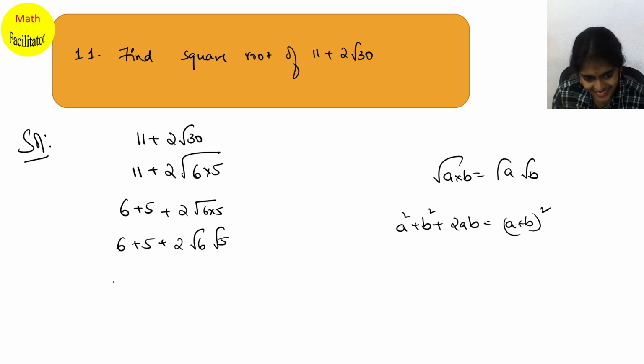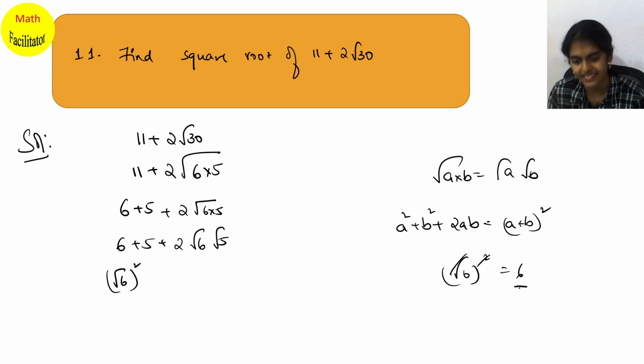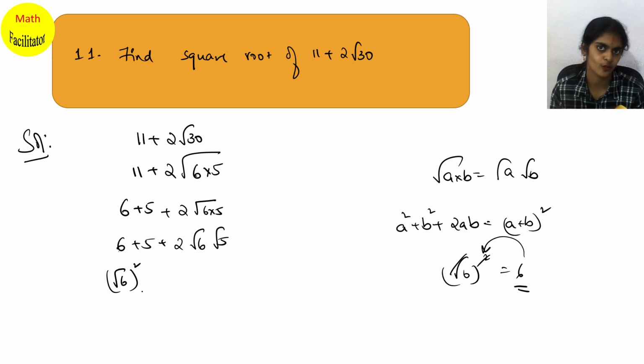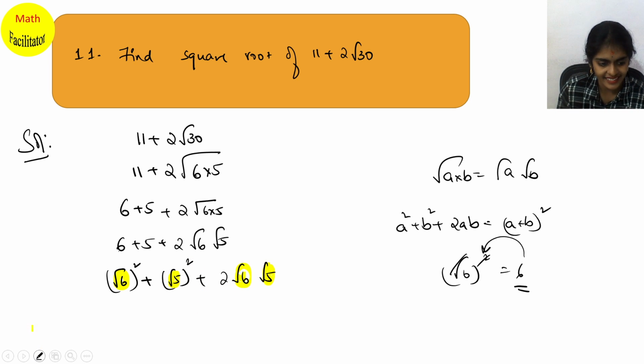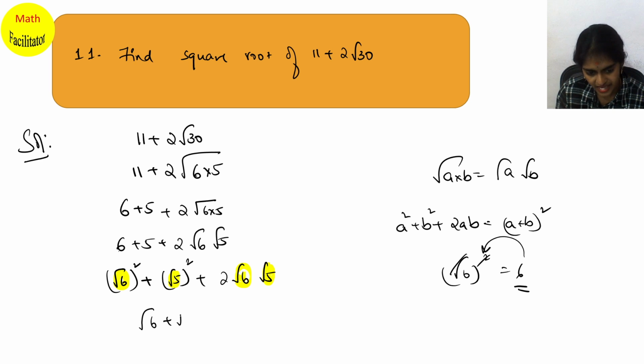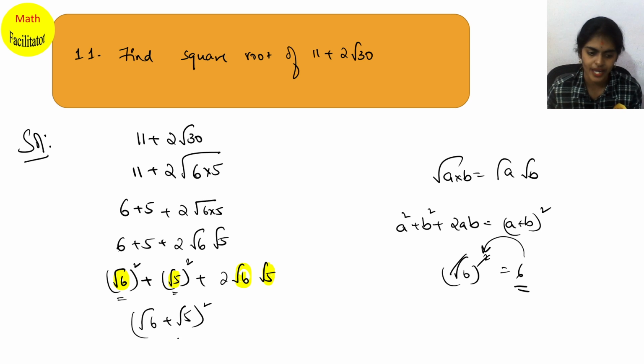See, root 6 whole square. Can I write 6 as root 6 whole square? What is root 6 whole square? It is nothing but 6 again. So 6 I can write as root 6 whole square. Similarly, 5 I can write as root 5 whole square plus 2 root 6 into root 5. So if you clearly observe here, this is a square, b square plus 2ab. So can I write this as a plus b whole square? In the place of a you have root 6, in the place of b you have root 5. So I can write this as a plus b whole square, which is nothing but root 6 plus root 5